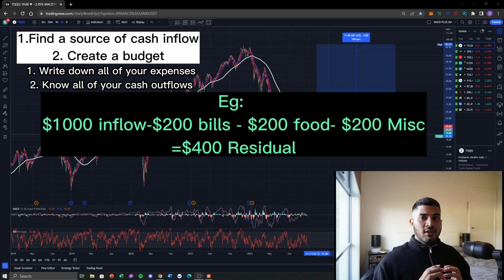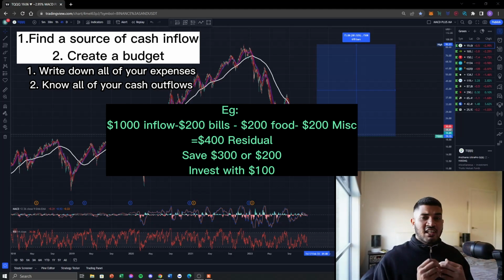Once you know what you're left with, what I do recommend is save for an emergency fund, just in case something goes wrong. Save some of it. I'm not saying keep saving every time, because saving is one of the most useless things you can do in modern times due to inflation, but let's not get into that. Saving is not really going to make you money. So let's say you have savings for an emergency day. Something bad happens, you have that level of comfortability to fall into. You just know you're sorted in case something bad happens.